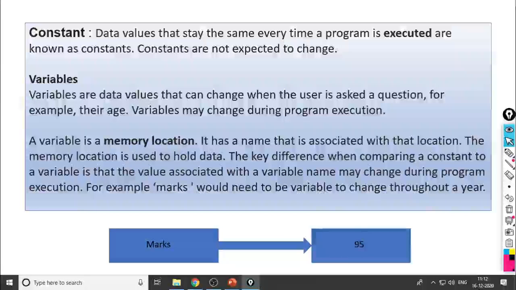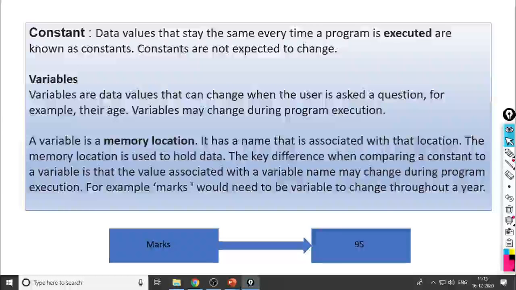Then the question will be: write an algorithm to do addition of two numbers entered by the user. Entered by the user means the algorithm will ask the user to enter two values and then it will perform addition on these two numbers. Suppose the user enters 10 and 20, it will perform addition of 10 and 20. Suppose the user enters 30 and 40, it will perform addition of 30 and 40.